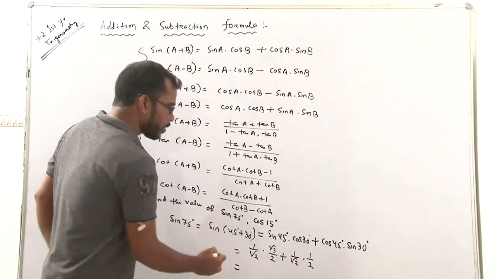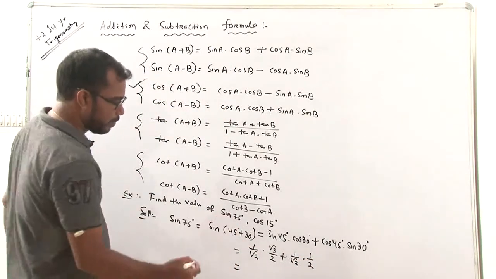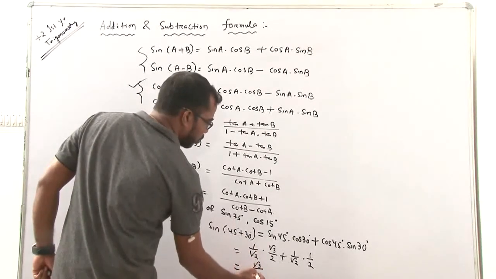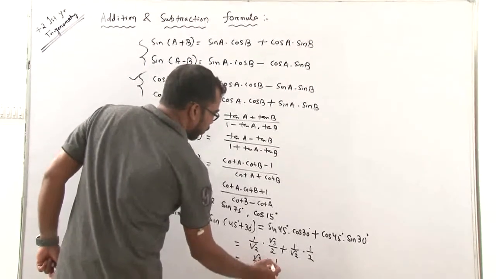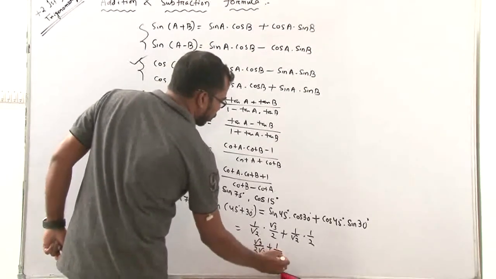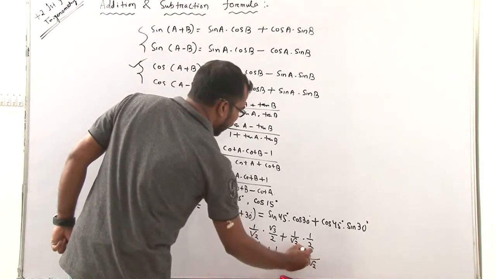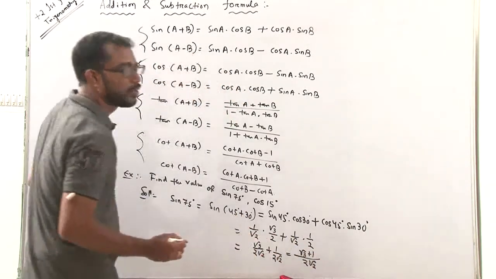So first multiply, then addition, that is root 3 by 2 root 2 plus 1 by 2 root 2. So the final answer, we take an LCM 2 root 2, is root 3 plus 1 by 2